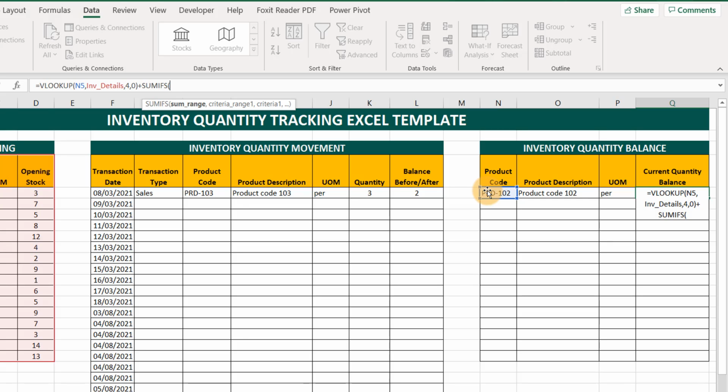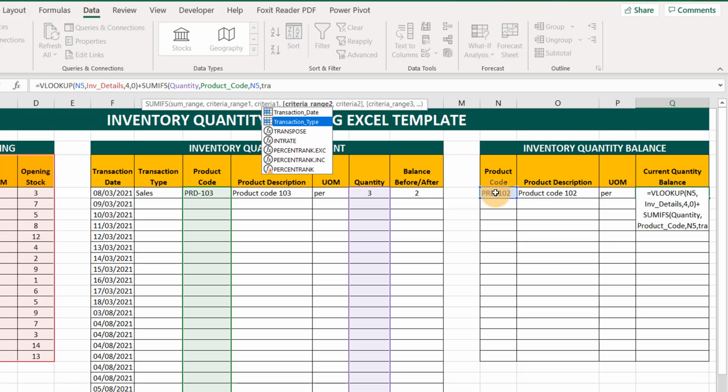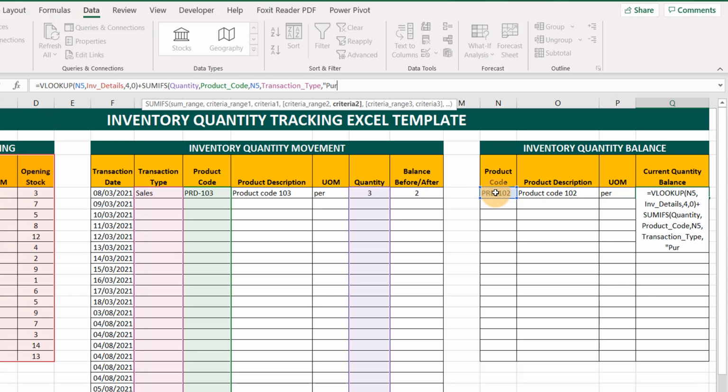The column we want to add is the quantity column, and the first criteria range is the product code, and the criteria is N5. The second criteria range is the transaction type, and it should be purchases. I think it's purchase, not purchases. That's all for this. Then you now minus this, all the sales,